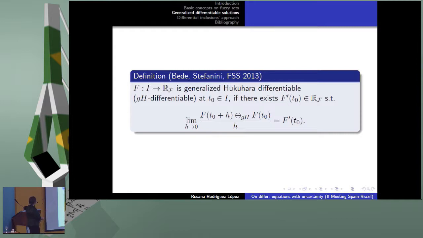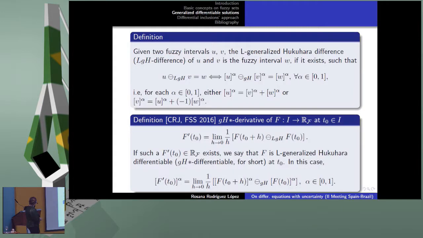What this definition adds is the possibility that, when you are approaching T0, you don't have the same behavior in all the H's. So this definition allows oscillation, and the intervals can increase and decrease in length approaching T0 from both sides. So there are some cases considered with this notion of differentiability that are not considered in the previous one. Of course, the solutions you have with the other approach are also solutions from this approach.